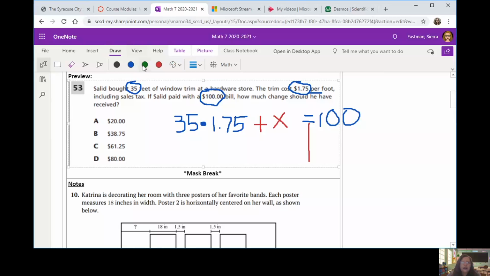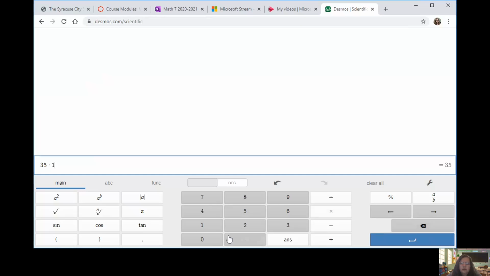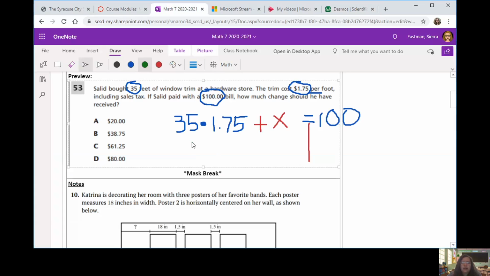We can go ahead and multiply these two numbers. They're not attached to that X. Let's figure out how to simplify that part. We have 35 times 1.75. Oops, my decimal never clicks here. There we go, 61.25. So his cost was actually supposed to be 61.25,